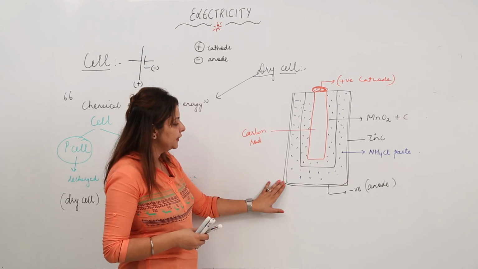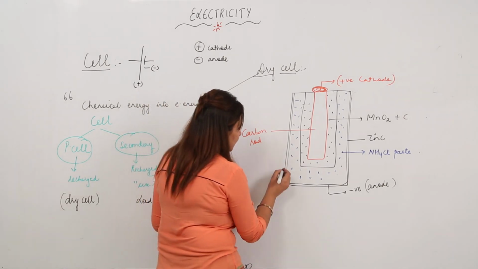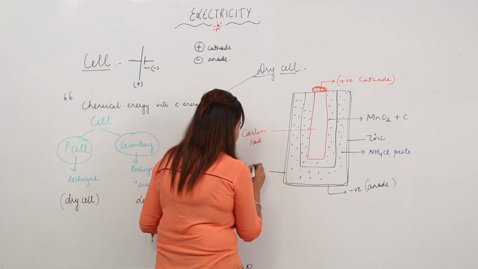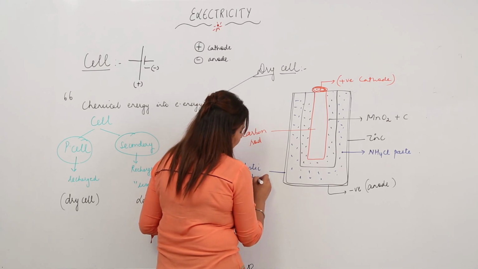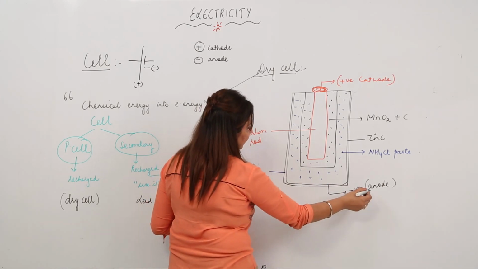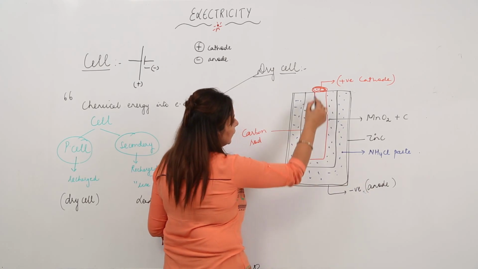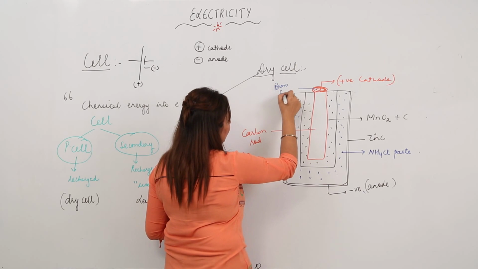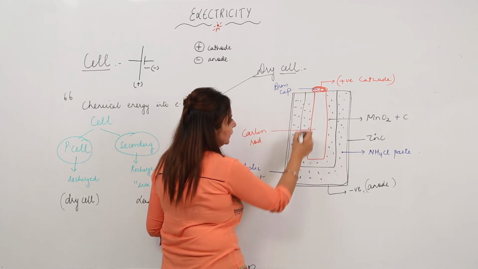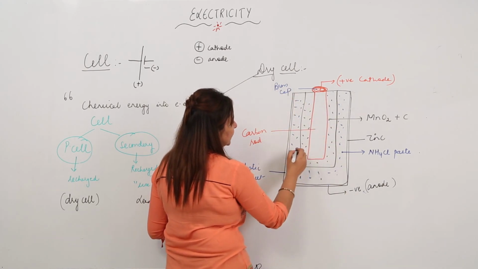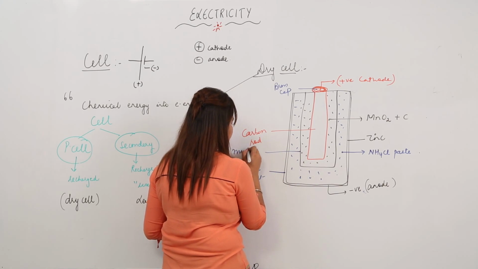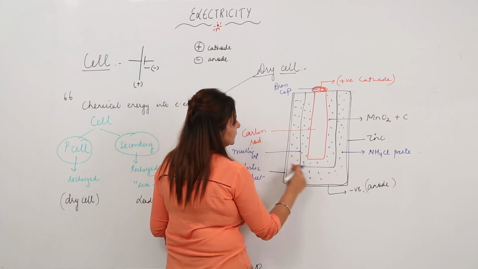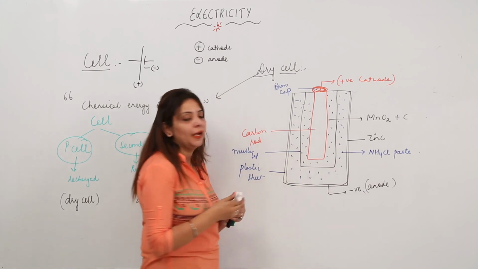So this is the dry cell. I think you got it. An insulation cover, a plastic sheet or any insulated material; a zinc container acting as the negative electrode, that is the anode; a carbon rod with a brass cap, the brass cap acting as the positive terminal. This is MnO2 and coke present in a muslin bag. I write here that this is the muslin bag, and this is the electrolyte, that is ammonium chloride paste.